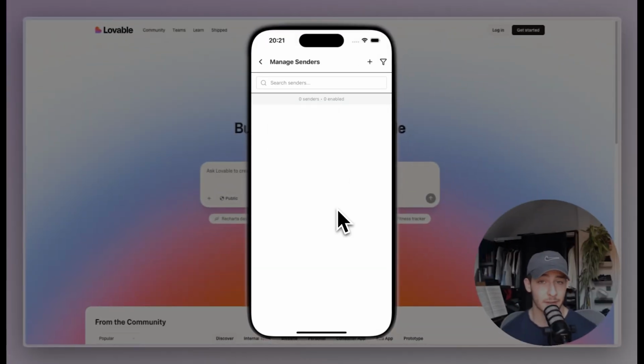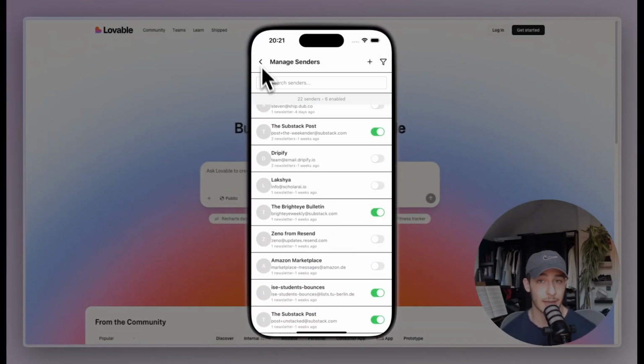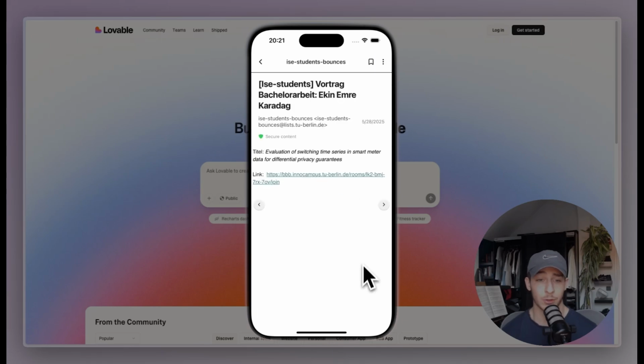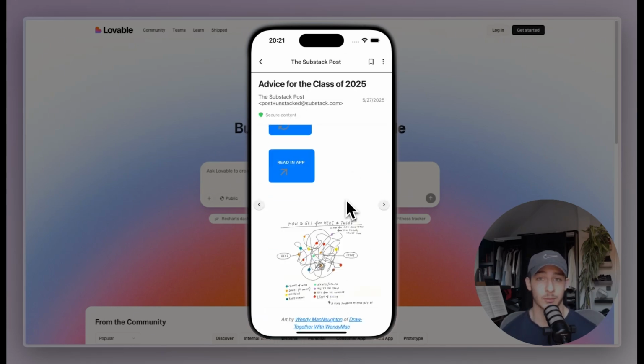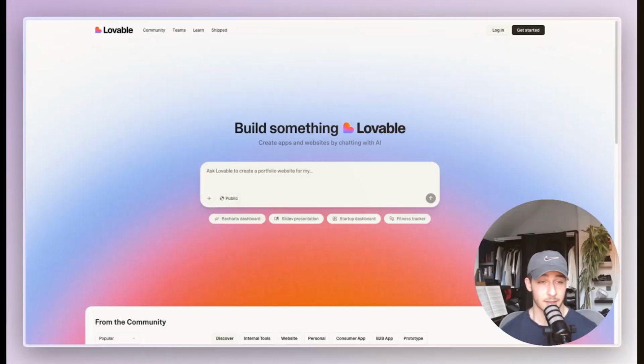Hey guys, I think I might have found the single best way to build apps as quickly as possible. And I'm not talking about web apps or something, I'm talking about actual mobile apps. And disclaimer, this is not using Lovable or Bolt or any of these tools, because while you might get a